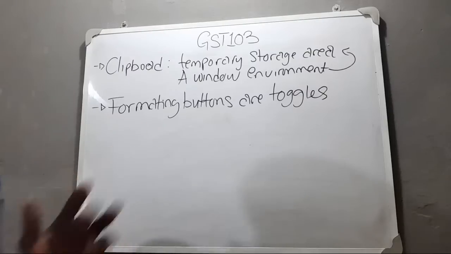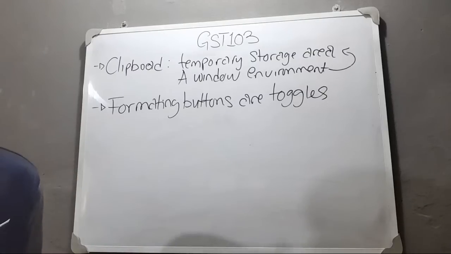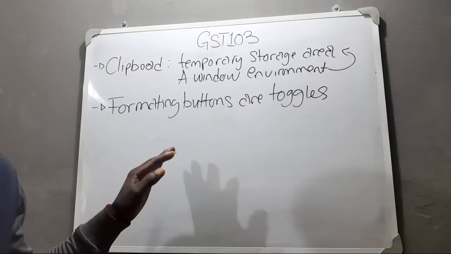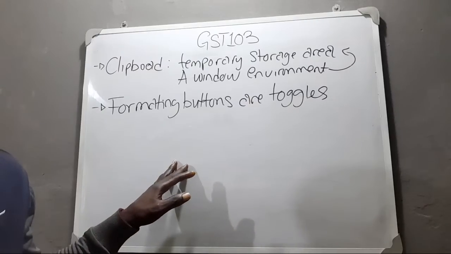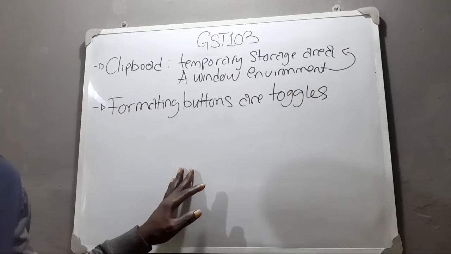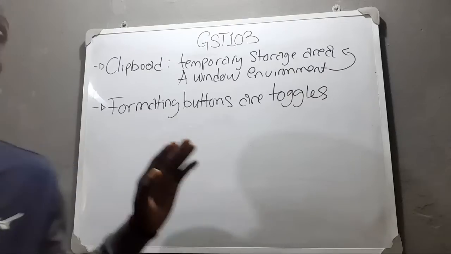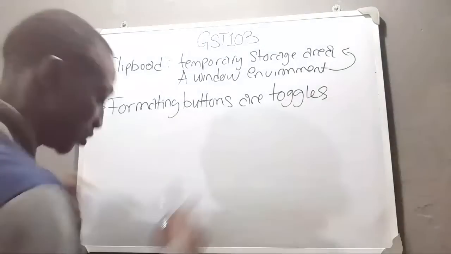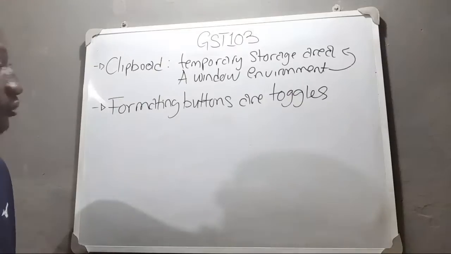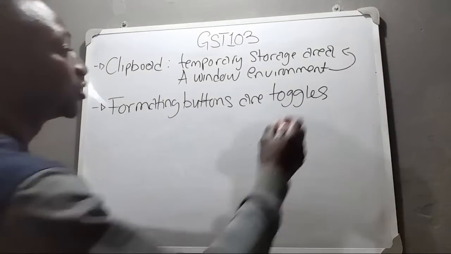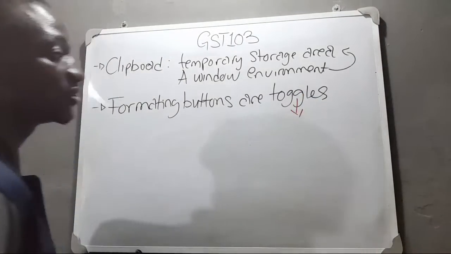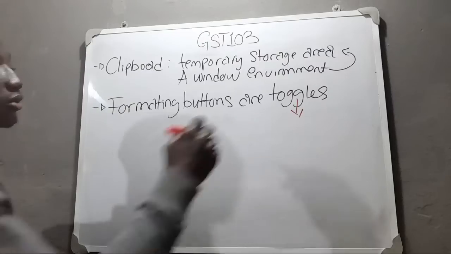Okay, now let's move on. So we have formatting buttons are toggle buttons. Toggle button in the sense that they are the same buttons that are used to turn on the formatting features. Toggle in the sense that these buttons are buttons you use to turn on